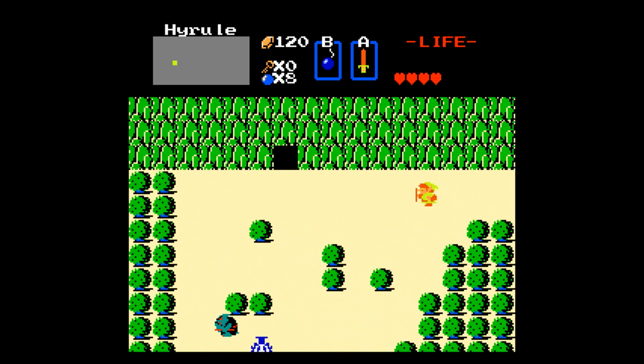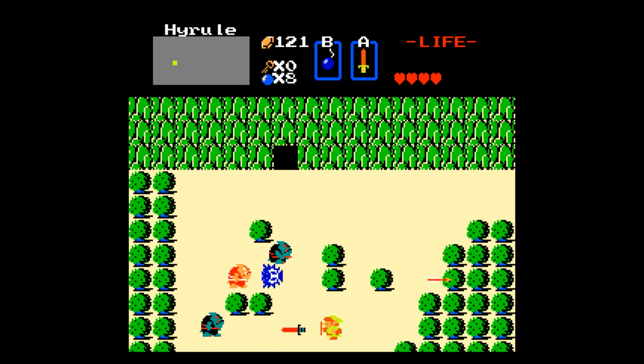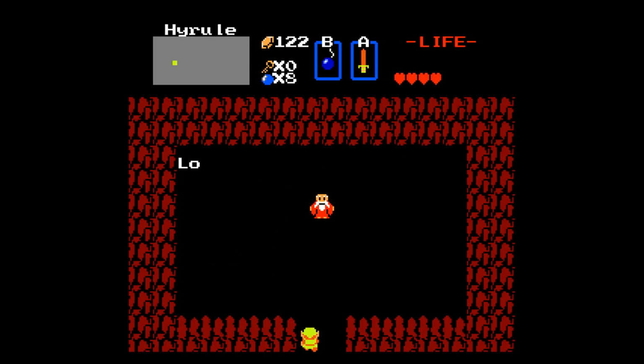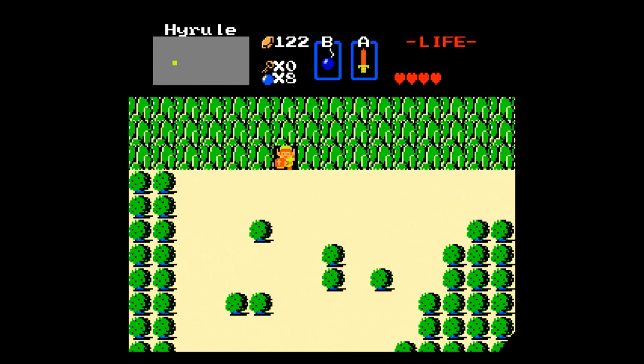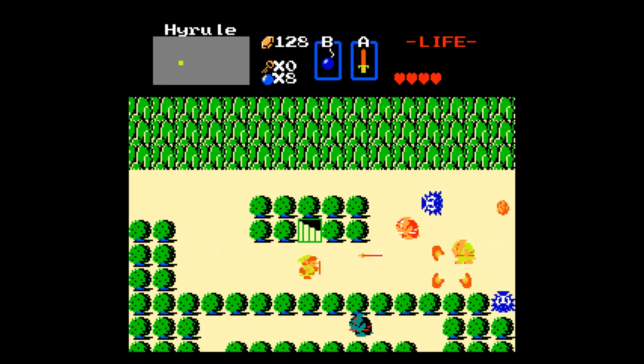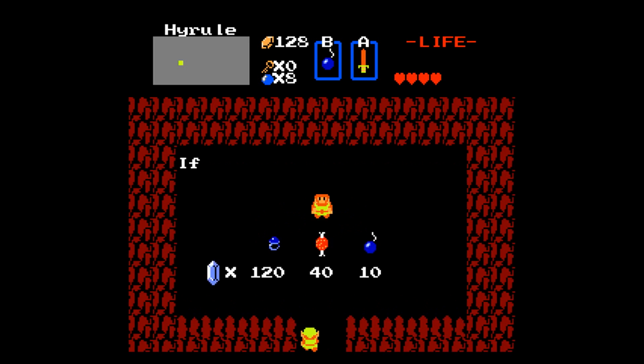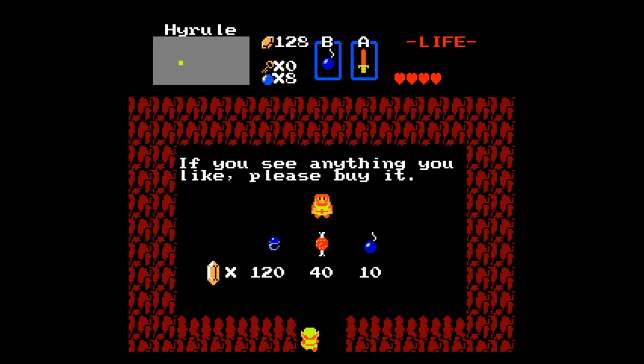What was over here? I think this was just a hint cave or something. Yeah, okay. That's gonna be for later. Just beat up as much stuff as you can find. Oh, okay, so you got more stuff. Bombs, meat,